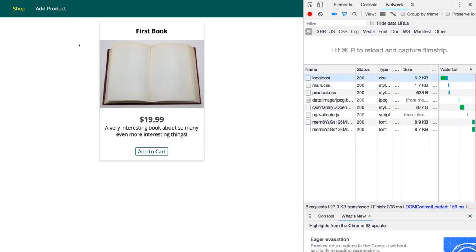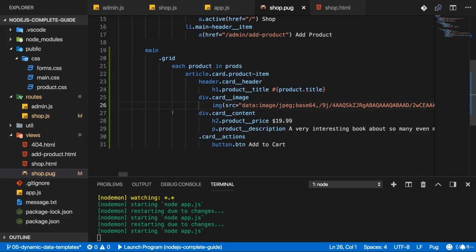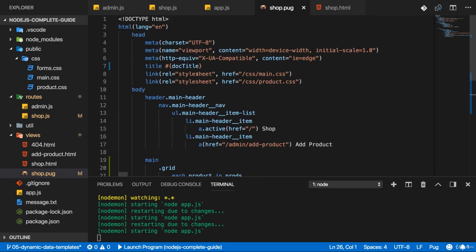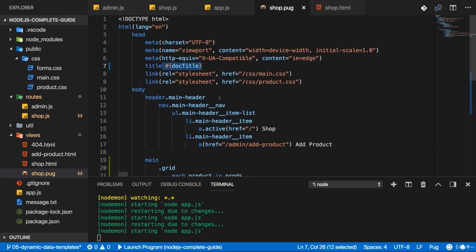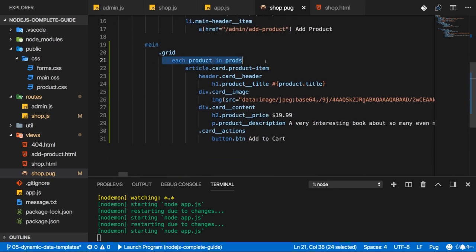So now if we repeat this, this looks much better. By the way, if you only change something in the template, as I just did, you don't need to restart the server, and Nodemon will not do so, because the templates are not part of your server-side code. They are basically just templates which are picked up on the fly anyways, so if you change them for the next request that's coming, they will automatically take that new version already. So with this, we got a basic introduction to Pug. It's strange, very minimal syntax, and how you can output single values like some text, or also loop through some